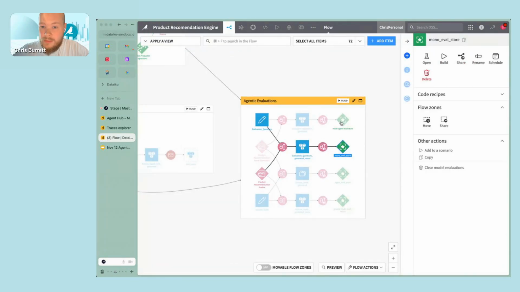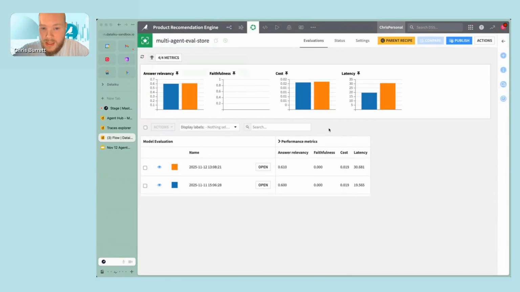We can then come over to the multi-agent evaluation store and look at the exact same results here. We can see that the answer relevancy is actually much better, 0.61. The cost is actually lower, so we've used lower cost models. As I mentioned, multi-agent systems allow us to specialize which LLMs are more powerful for which separate tasks. For a lot of the tasks, we don't need powerful LLMs. So we've been able to lower the cost and in fact lower the latency as well, because again, we're using a simpler model. The latency is generally much lower for something like GPT-5 Nano, GPT-5 Mini or 4.1 than it is for GPT-5 Full. That's a really powerful model, but again, it's not needed for all tasks.